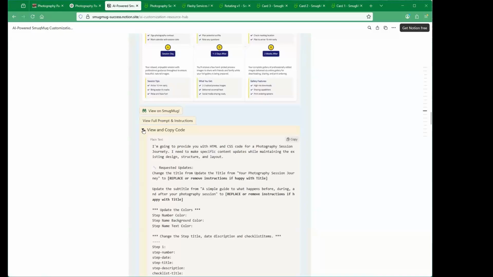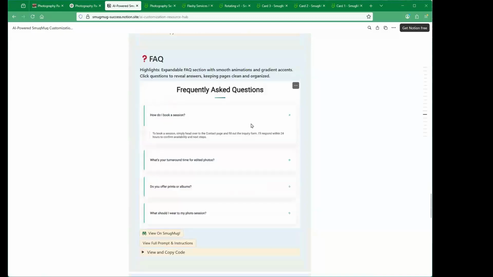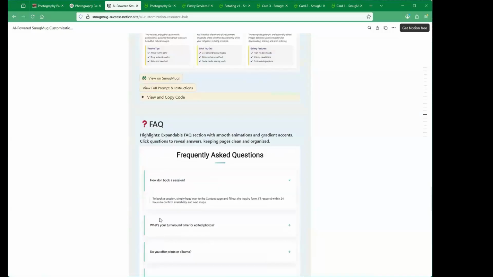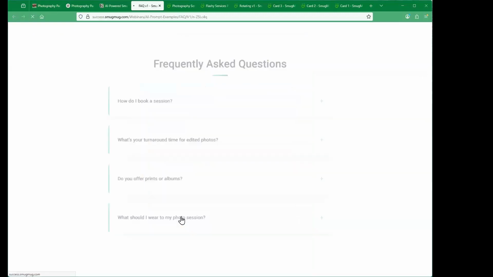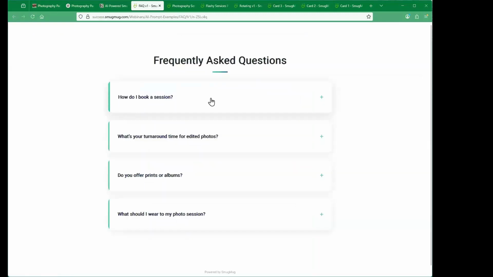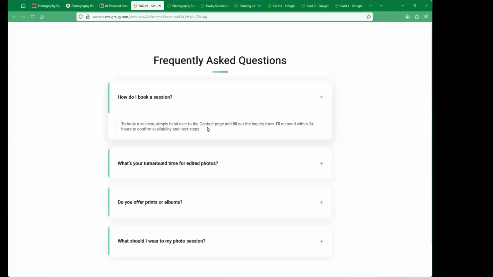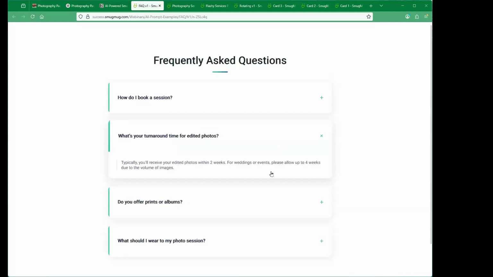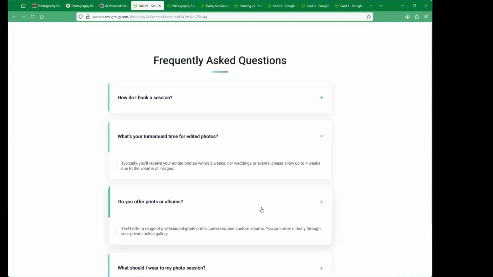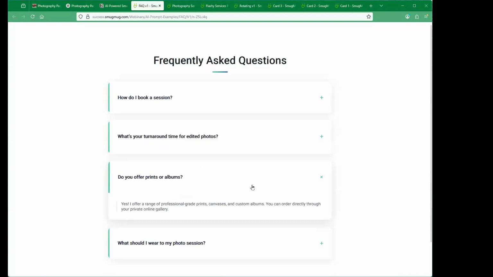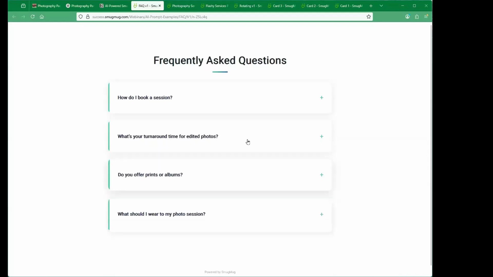And then the last one here, and that's, no, not the last one. We've got the FAQ. So let's look at that one real quick. Pretty simple. It's just a little FAQ with a question. If you click it, it expands down, gives you the answer. You click it again, it closes. I think if we click a different one than the one that's down, the top one will close. No, we can open multiple. So there we go. So this is just a nice little FAQ that shows and works to